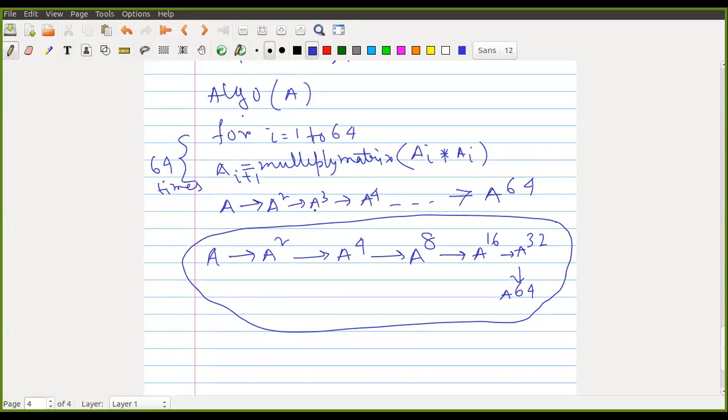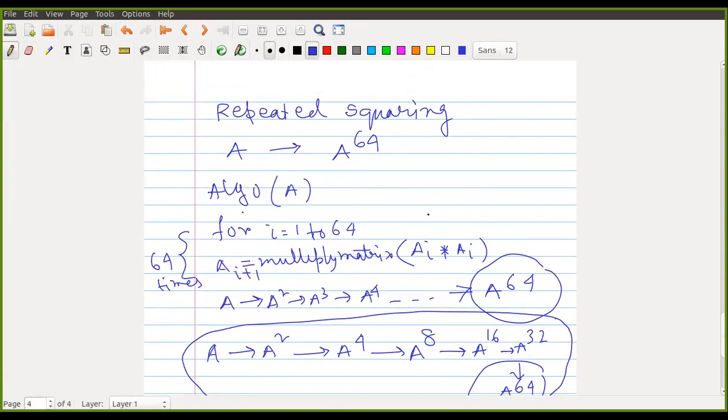Although it works, there is a different argument for that. I'm just saying what repeated squaring is. So using a logarithmic number of steps we can achieve A to the power 64, right?